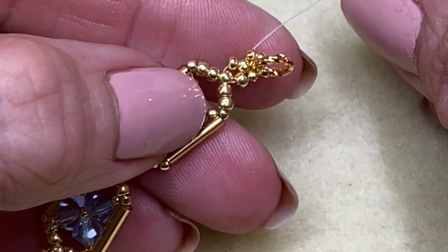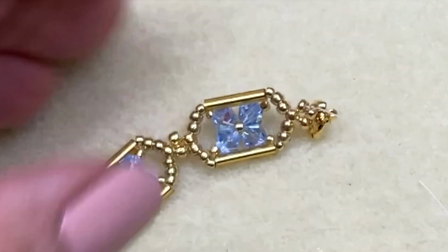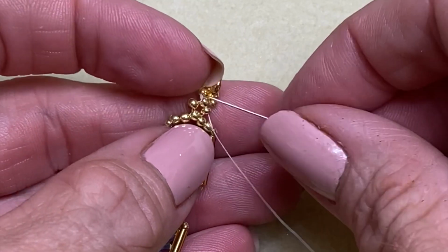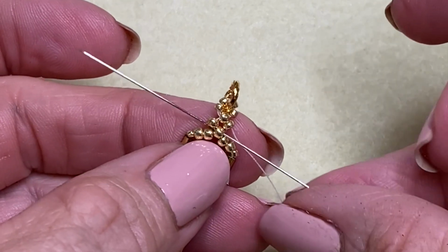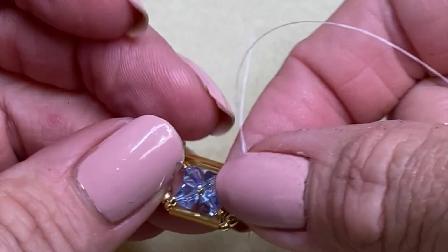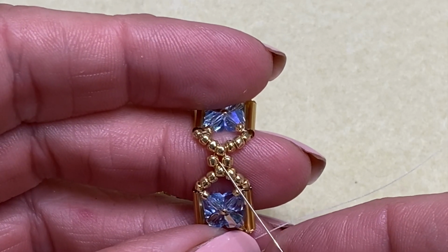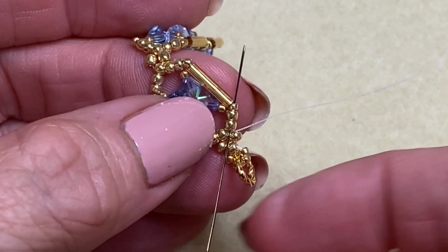Since this is the clasp, I'll retrace this a few more times. I retrace the thread path for my clasp about 3 or 4 times, and now I'm going to come into this right angle weave unit here below it, coming through this middle seed bead here. Next I'm going to come along the edge and retrace this right angle weave unit right here to end my thread. Come through the seed beads before the bugle bead